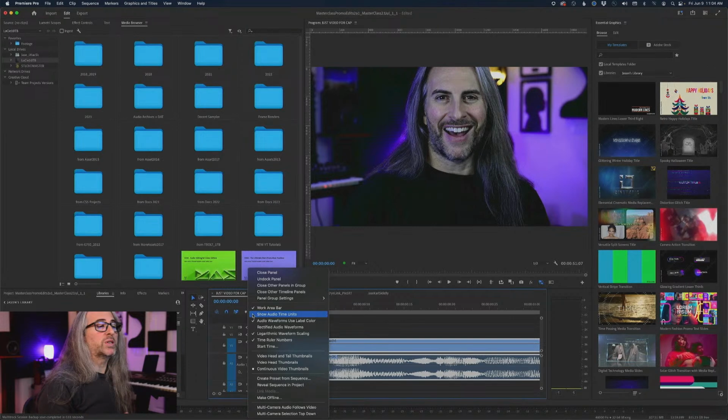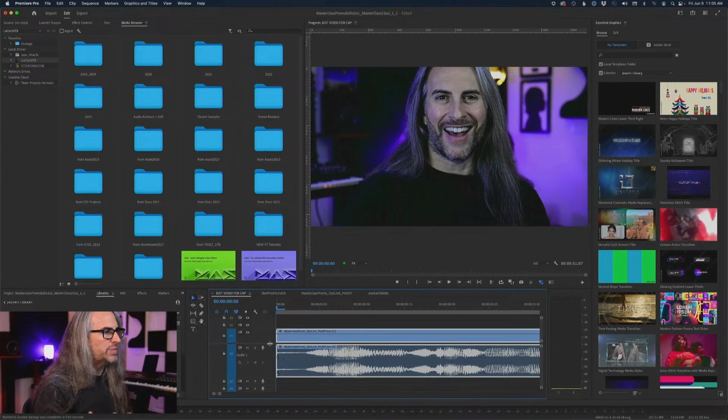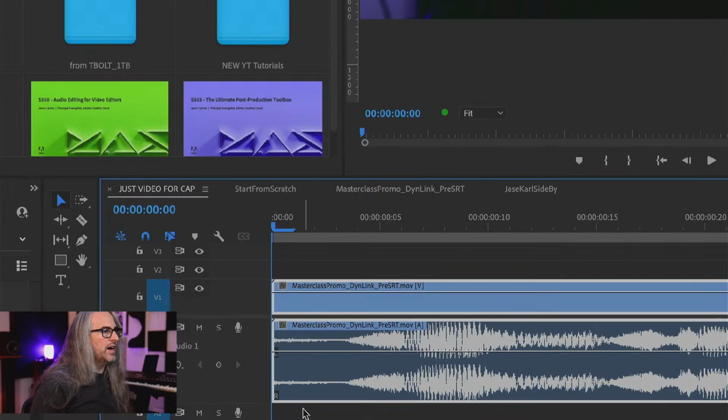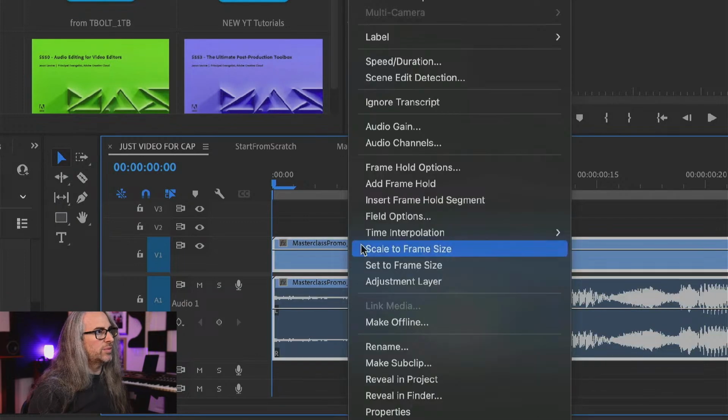In Premiere, we're typically always working in frames. So if you just want to move audio in Premiere by X number of frames, it's actually quite easy and effortless, because Premiere will automatically snap your audio in frames, because that's what it's meant to do. You have to have snapping enabled, but it should always work this way. Actually, I don't even think you need snapping enabled for audio unless you make a change, which I'll show you in a second. Here I have this little Masterclass promo piece. Currently I've got the audio and video linked. So I'm just going to